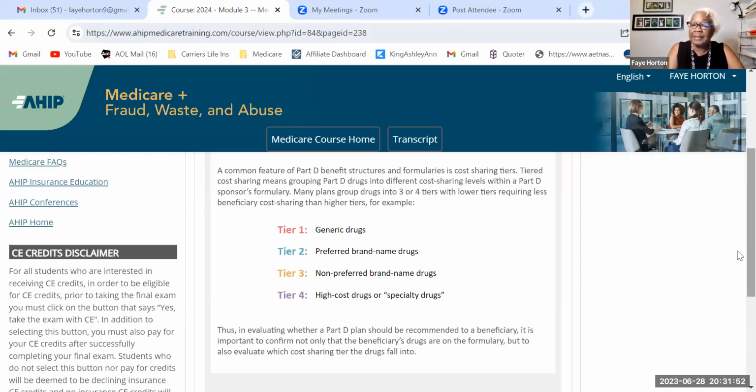Many plans group drugs into 3 or 4 tiers, with lower tiers requiring less beneficiary cost sharing than higher tiers. For example, Tier 1 generics, Tier 2 preferred brand names, Tier 3 non-preferred brand names, and Tier 4 high-cost drugs